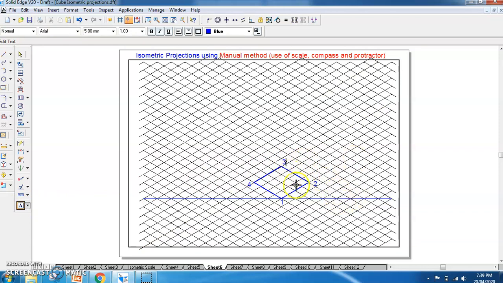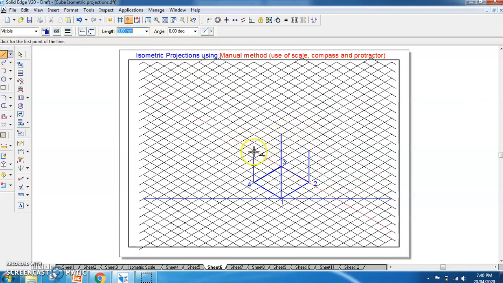Once you have got this bottom, you have to get the remaining top. To get the top, you just have to draw the projectors from here. See it from 1, that is 40. So again 8.16, 16.33, like 4 blocks, you will be getting isometric 40. Similarly here isometric 40, and point 3 as well isometric 40. So you have got all the 4.